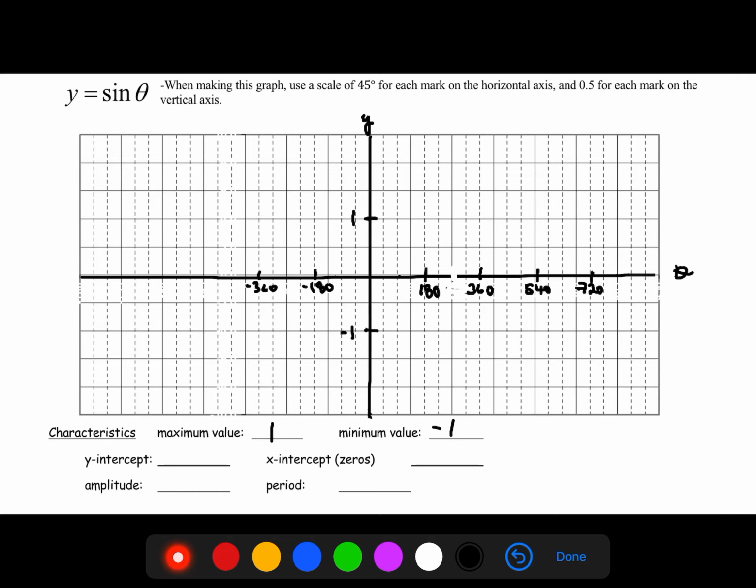Okay, so it's important when we're plotting these that we make these clear and easily graphed. So plotting our points, we can start at 0, 0, and we know that at 45 we had 0.7, so it's going to be just below the middle of this one. 90 and 1, and we continue 180 and 0,